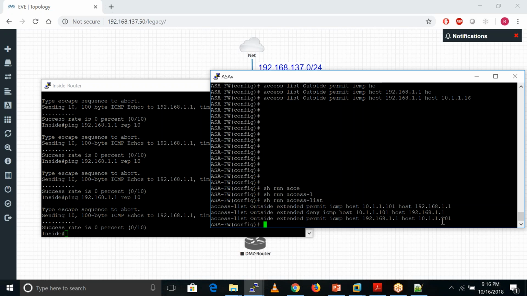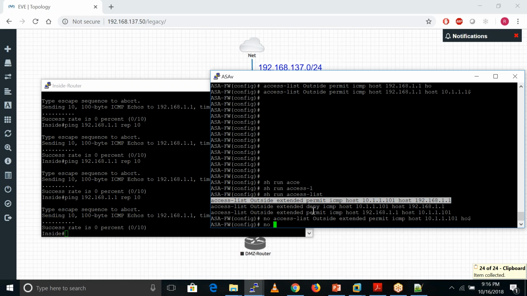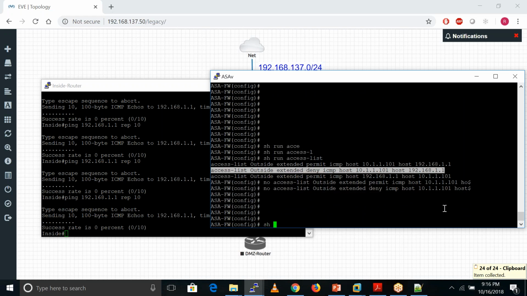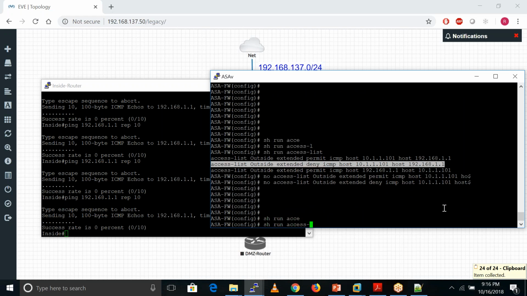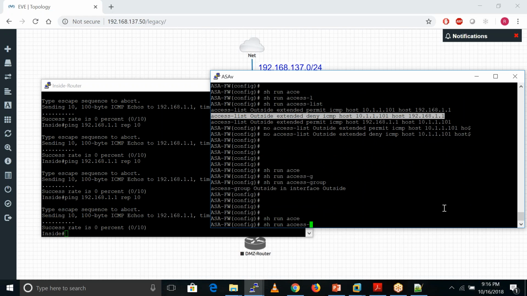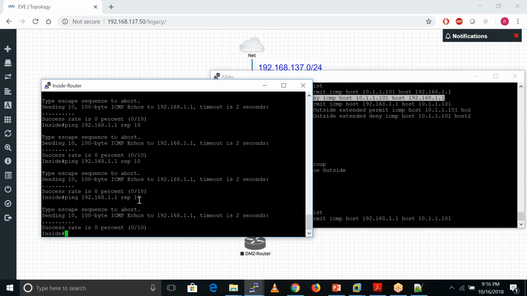So what you need to do is remove these statements. We have one access group and now only one statement: outside extended permit ICMP from host this to this.